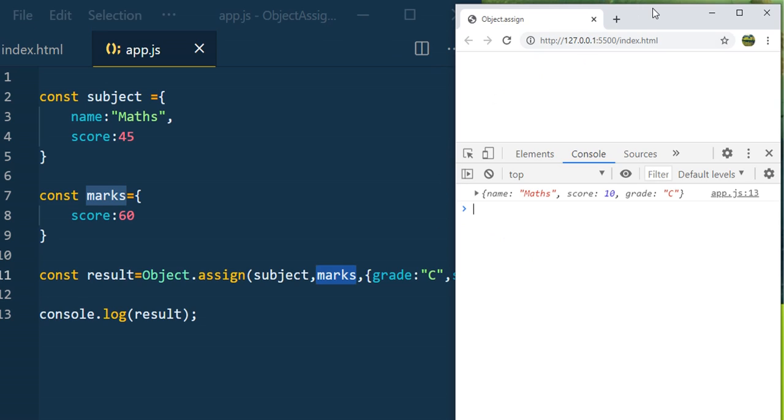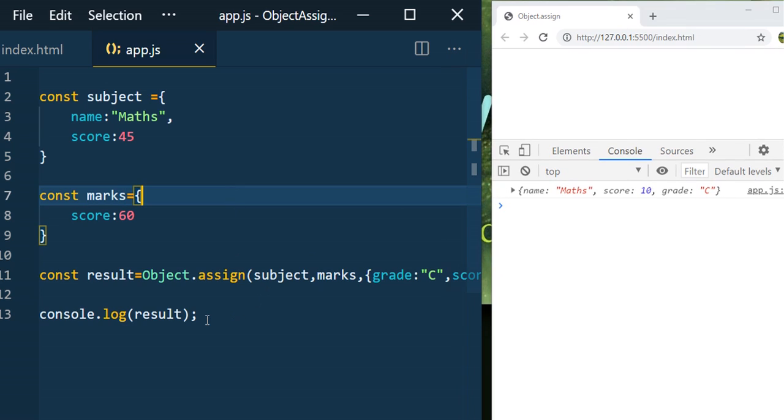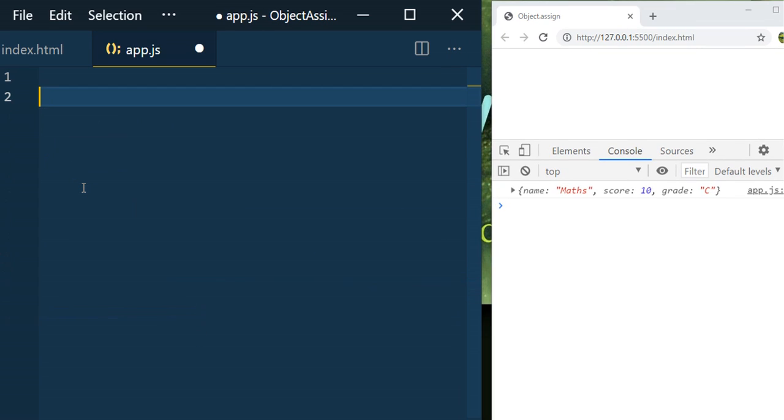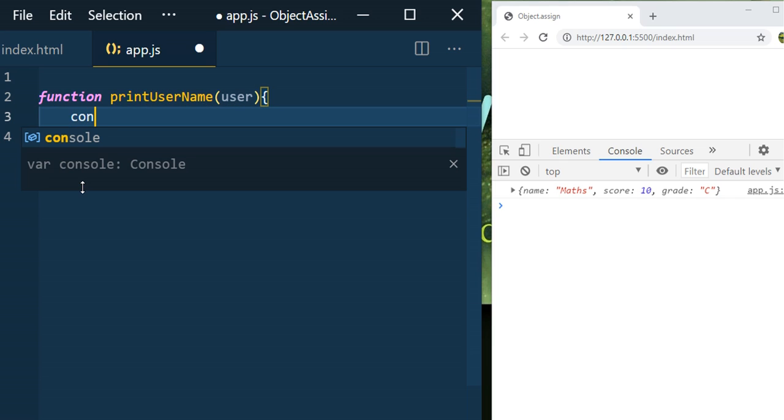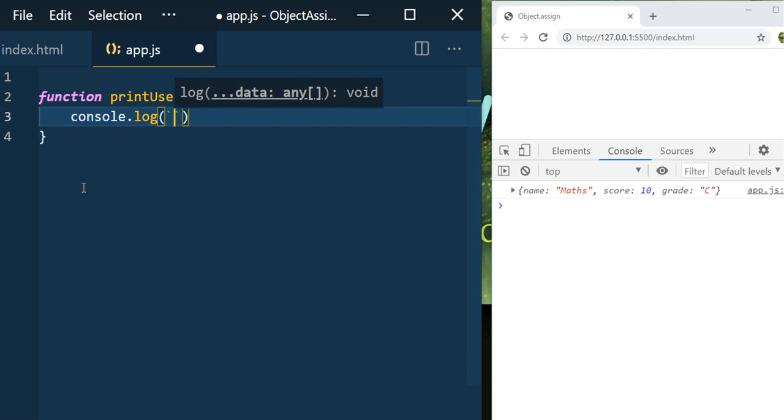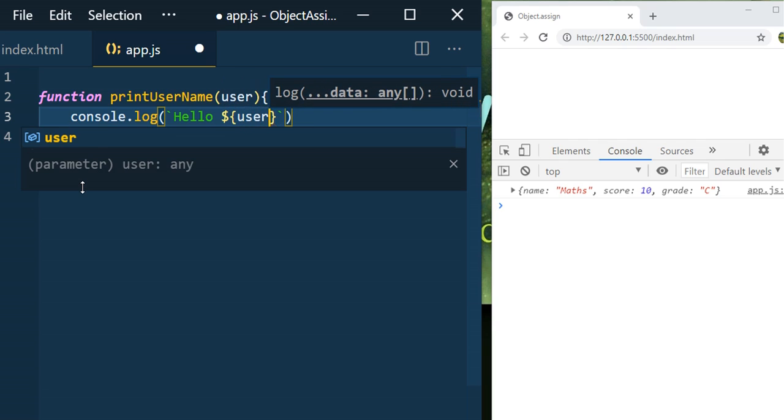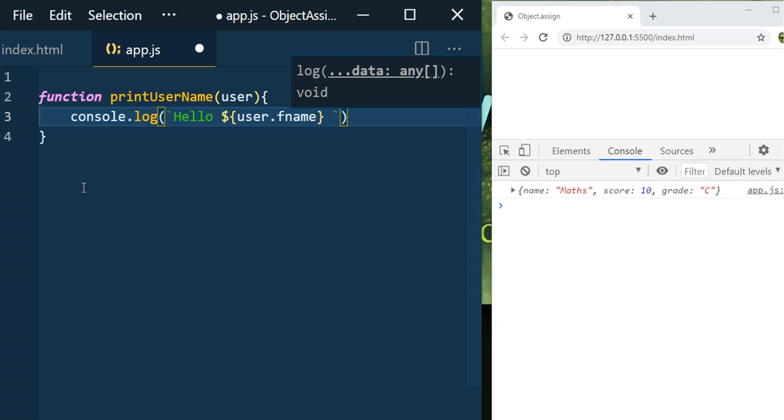Now we will see a real-time scenario of when to use Object.assign. I just remove this. I create one function printUsername. It takes a user object as input parameter, and here I write console.log hello, and here I use, let's say, user having the first name, so user.fname, and user.lname, which is the last name.